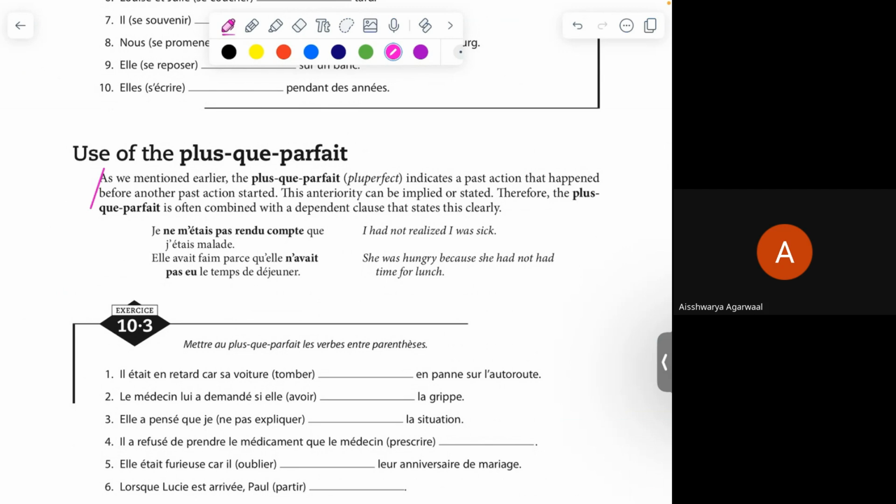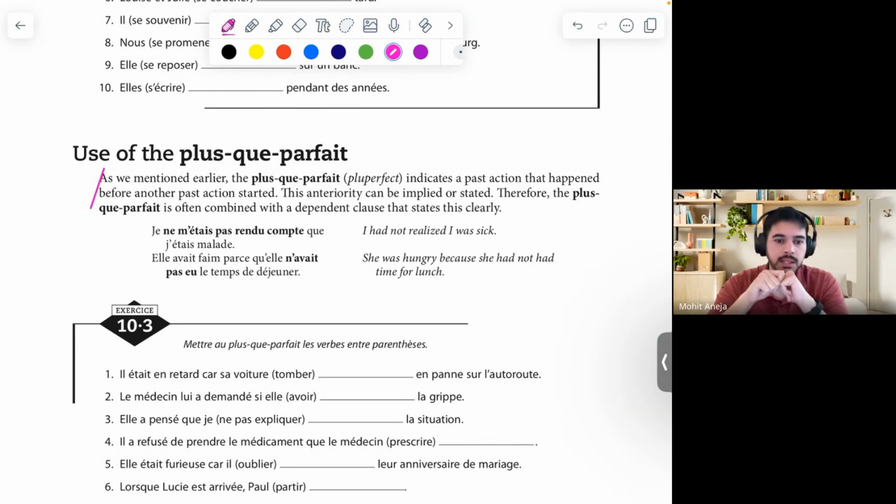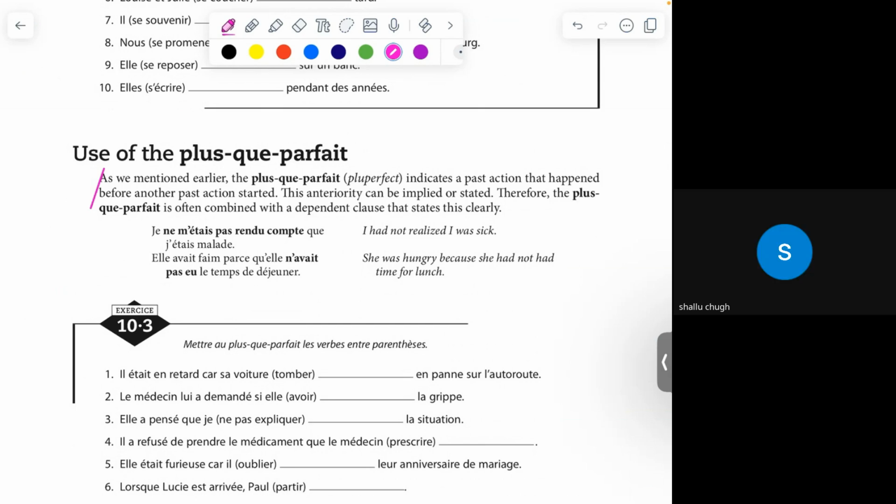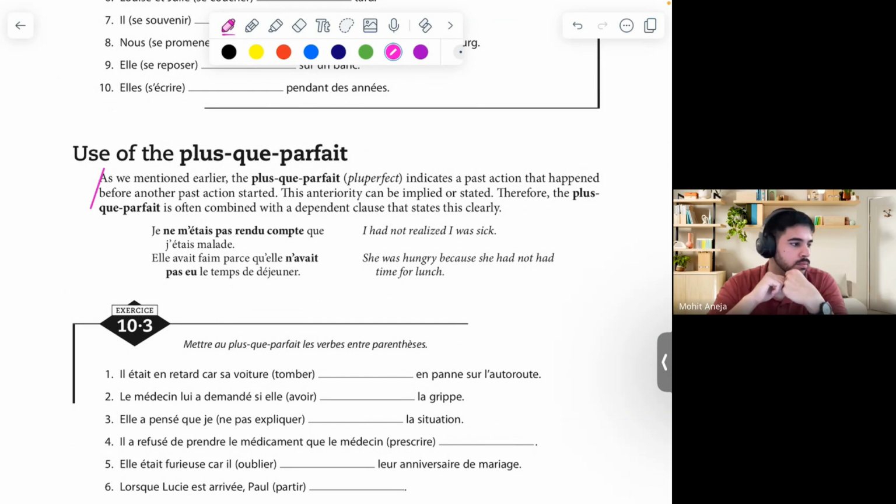किस चीज़ कि के उन्होंने सेटली? खाना खा लिया था पहले ही. नहीं, ये तो पहले सेंटेंस में भी था, तो सेकंड सेंटेंस में ऐसा क्या क्लियरली स्टेट कर रहा हूँ कि ये कंफ्यूजन ना रहे, इसलिए मैं जो खाना खाने के बाद एक्शन हुआ है उसको भी क्लियरली मेंशन करता हूँ, ठीक है. मैं ये बताना चाह रहा हूँ, इन अदर वर्ड्स, जब हम plus-que-parfait यूज करते हैं, it is possible कि एक ही एक्शन हो और वो एंटीरियोरिटी इम्प्लाइड हो, तो हमें उस केस में plus-que-parfait ही यूज करना पड़ेगा, ठीक है.